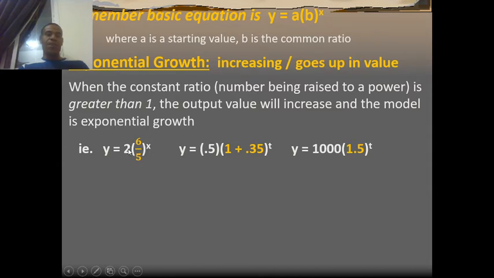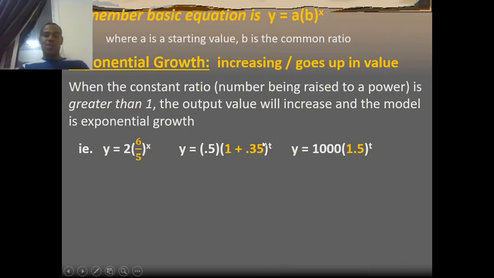Example: y equals 2, the starting value, times 6/5 to the power x. Here 6/5 is the ratio, which is more than 1, greater than 1, to the power x. This one is called what? The value of the output is increasing, and this function is called exponential growth. For the other example, y equals 0.5 multiplied by (1 plus 0.35)